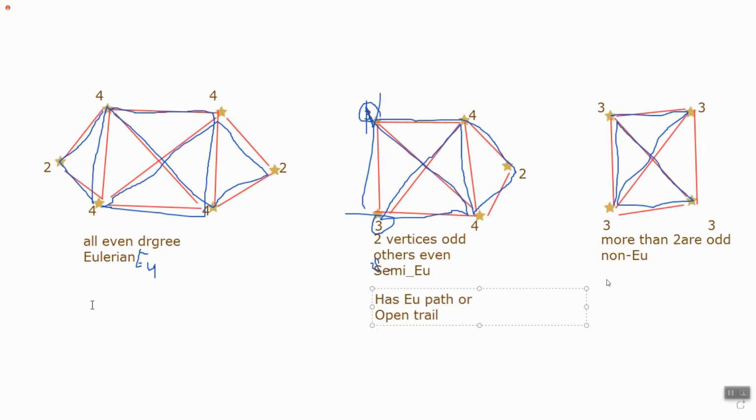Then here, what do you have? Euler circuit, or we say Euler circuit, closed trail. So if you want, you can write these things. This is the place where you get confused. Euler circuit and closed trail are both the same. Euler path and open trail are both the same. This is non-Eulerian, nothing.